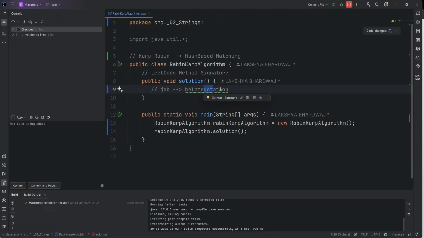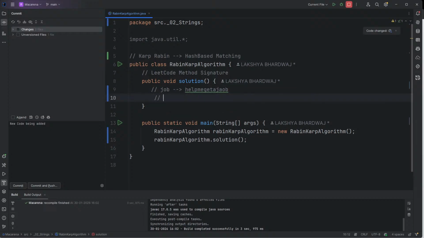Okay, there's a downside of this algorithm as well. I'll tell you what the downside is. The downside of this particular algorithm is that there are certain cases which are rare cases. Let me tell you in the comments. Okay, there are certain cases. Number one is that